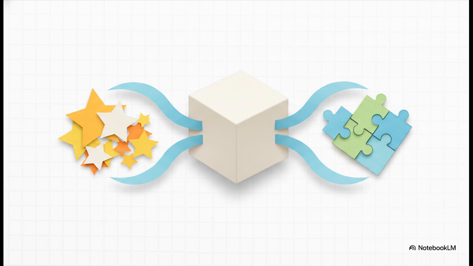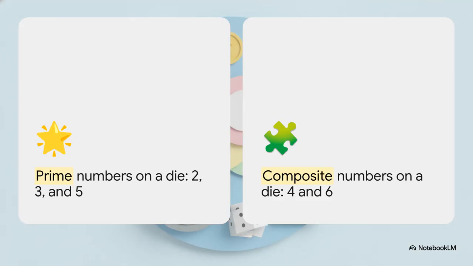Since you've already mastered the simple coin and the simple die, let's try something a little bit harder that very often comes up in the PLE. We're going to look at prime and composite numbers using that exact same die. Don't worry though, you already have all the knowledge you need for this. First things first, let's remind ourselves what these numbers actually are.